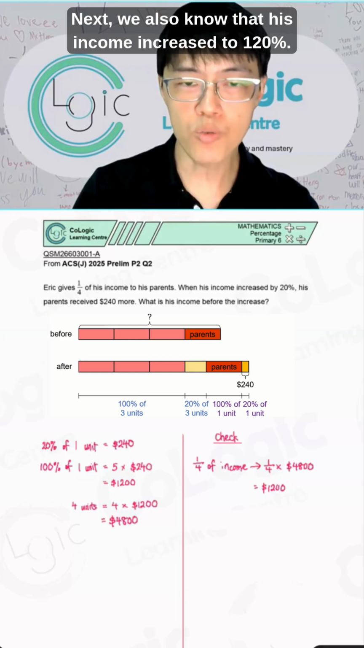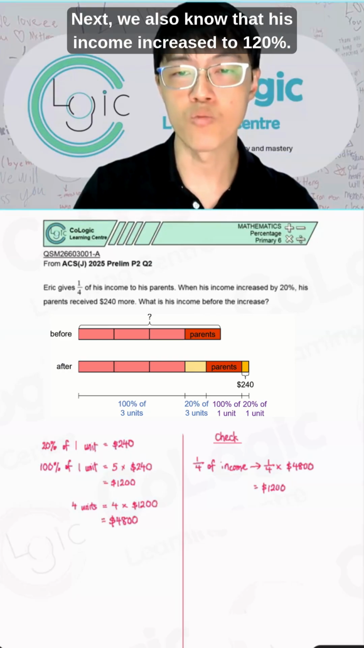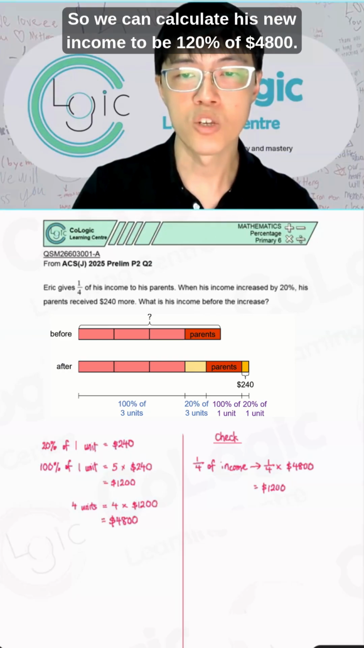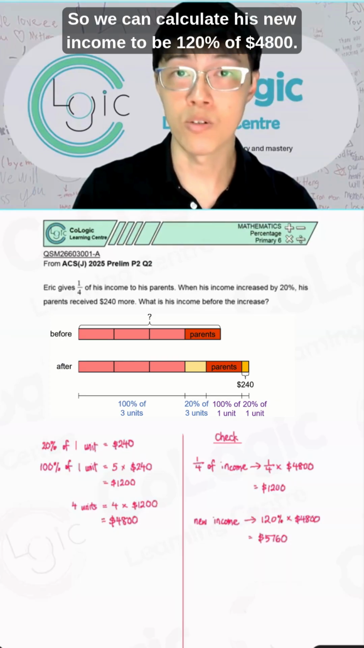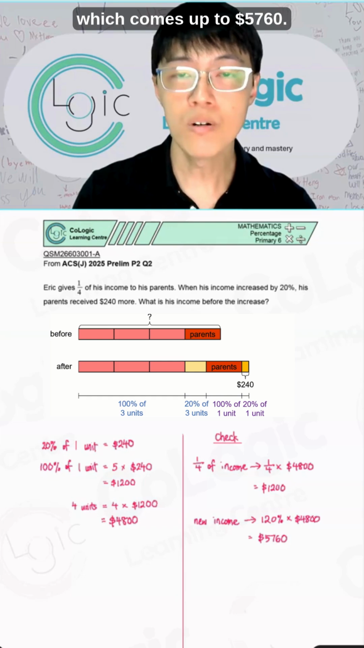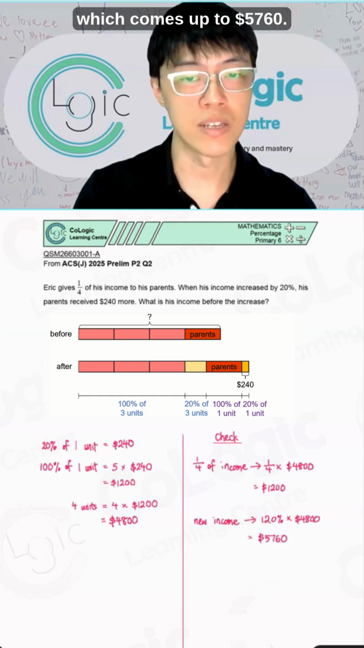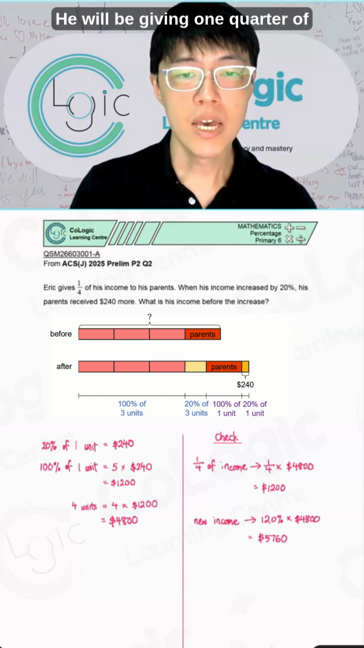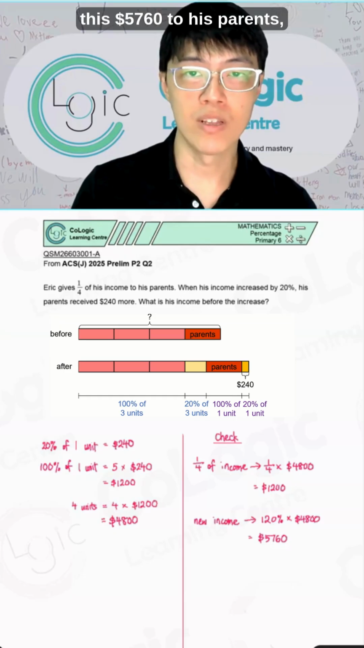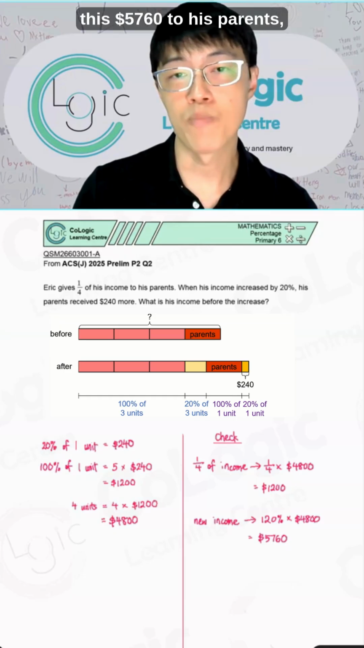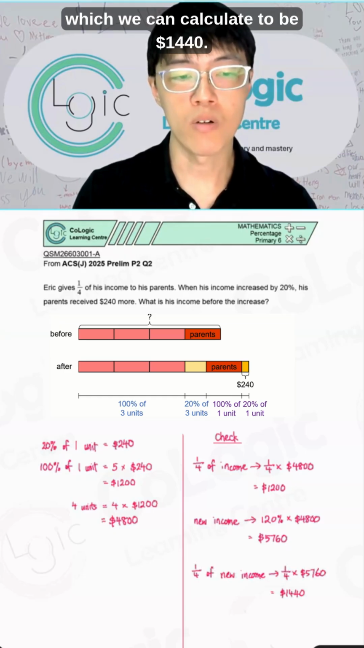Next, we also know that his income increased to 120%. So we can calculate his new income to be 120% of $4,800, which comes up to $5,760. He will be giving 1/4 of this $5,760 to his parents, which we can calculate to be